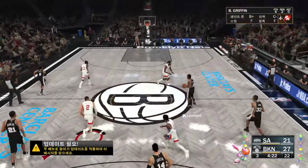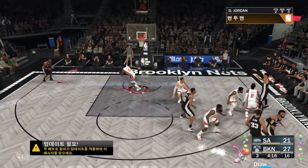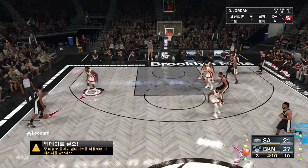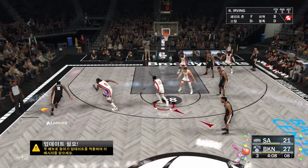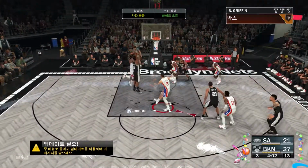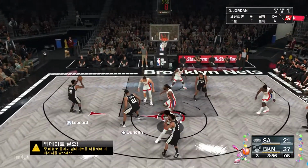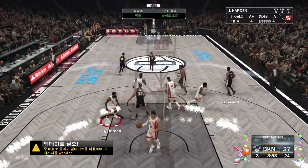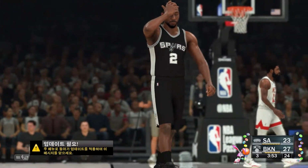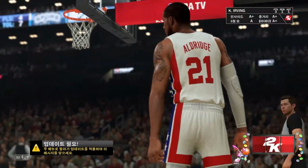Inside. It's stolen by Green. And Leonard has it in the corner. Clock at 6. Pass to Mills. Kept alive. Duncan high post. Leonard on the wing. And that comes off the assist by Duncan. Leonard's got 7 points in the game. Well, incredible improvement in Kawhi Leonard's jumper since he came into the league. Give credit to